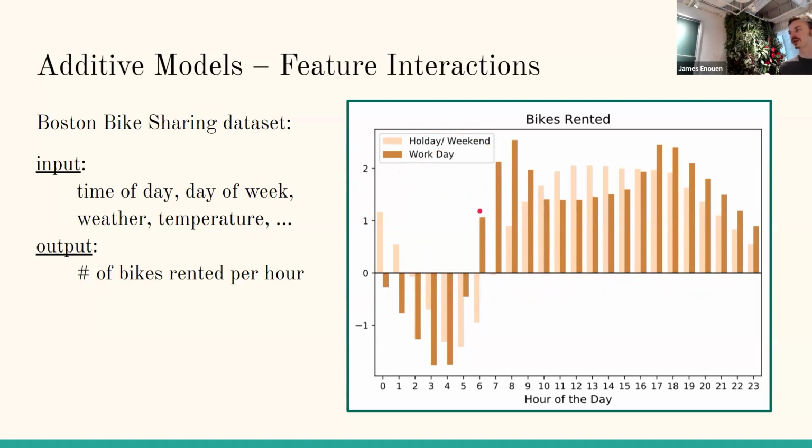And so then in order to predict this, you can see spikes in the darker color at 8 a.m. and 5 p.m. or 17 o'clock, where people are traveling to work and from work. Whereas on the weekend, in the lighter color, you can see there's demand that kind of exists throughout the entire afternoon. And so if you don't have both of these pieces of information at the same time, you'll never be able to predict the number of bikes that are going to be rented. And so this is a two-dimensional feature interaction existing in real data.